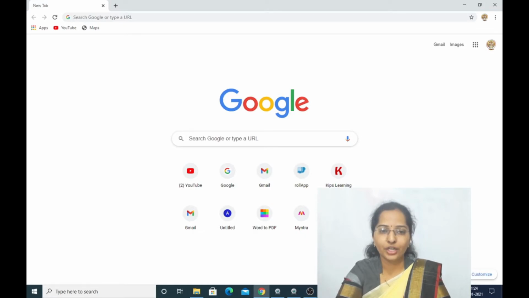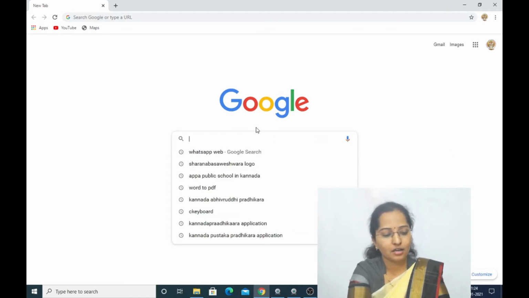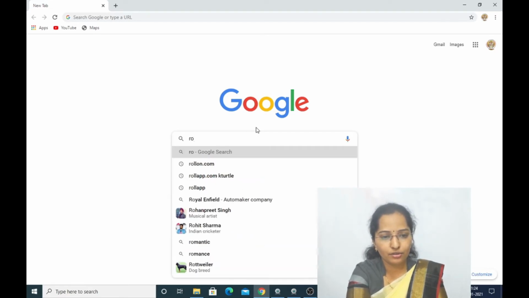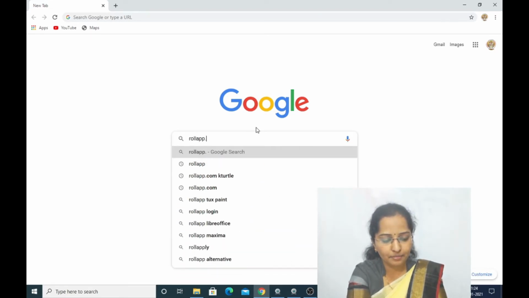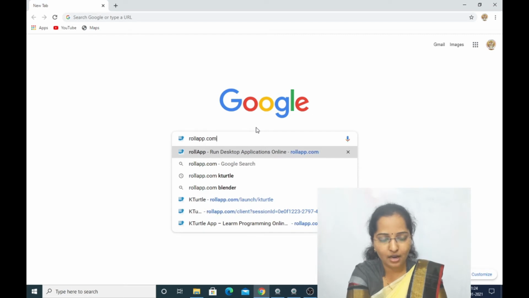We'll see that further. Before opening KTurtle, we must first go to Google Chrome, the search engine. Go to the web page and write rollapp.com, R-O-L-L-A-P-P, and search.